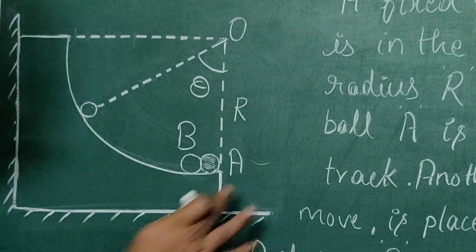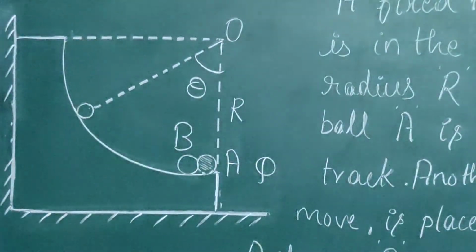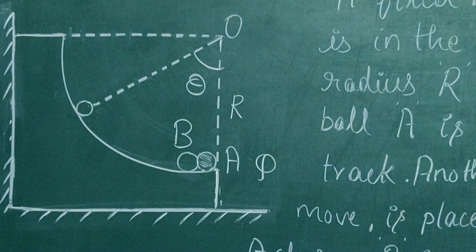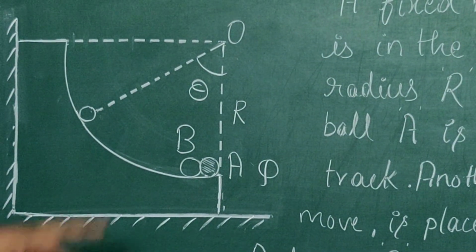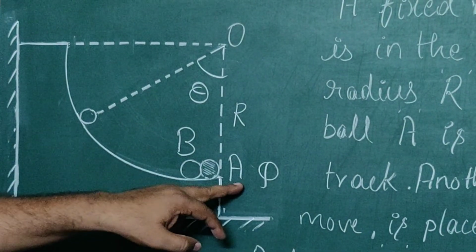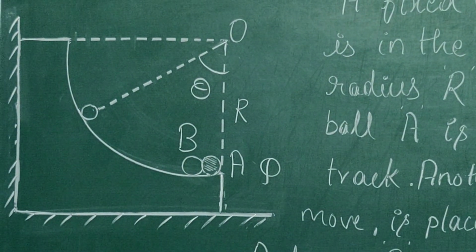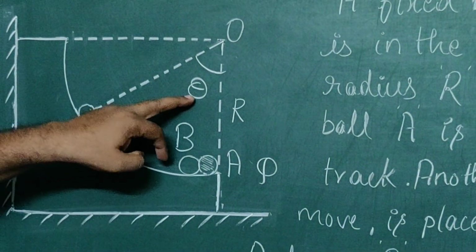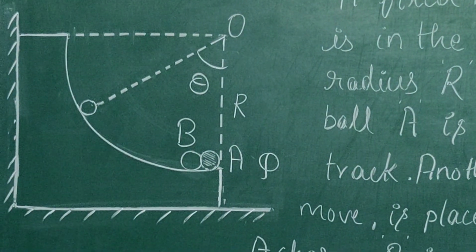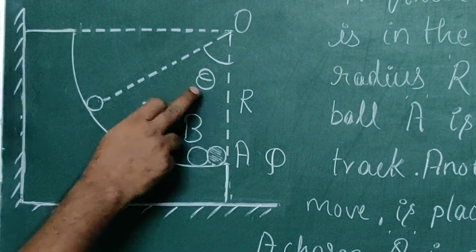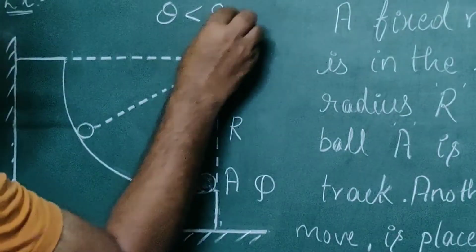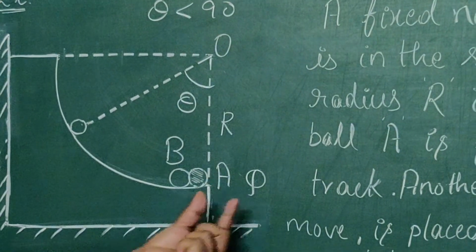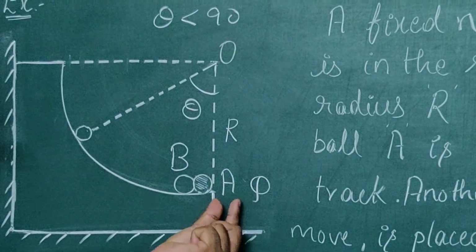Then a charge capital Q is given to the ball A, which gets equally shared between the two balls as they are identical. Now the ball B gets repelled from the ball A because of electrostatic repulsive force, and finally the ball B comes to rest in its equilibrium position here by making an angle theta with the vertical. They have mentioned the condition that the value of theta is less than 90. Now in the problem they are asking what is the magnitude of the charge capital Q given to the ball A.